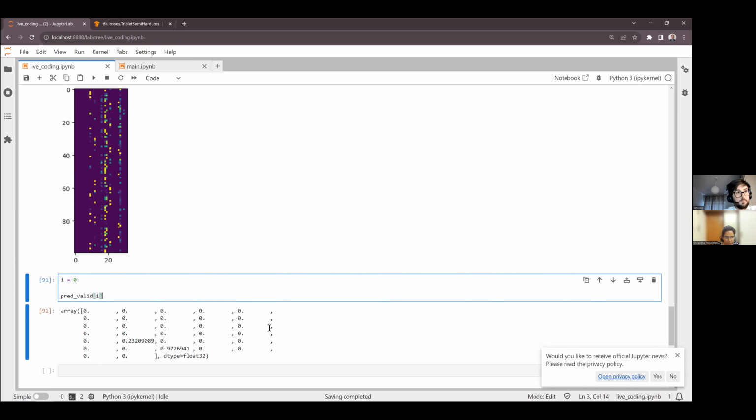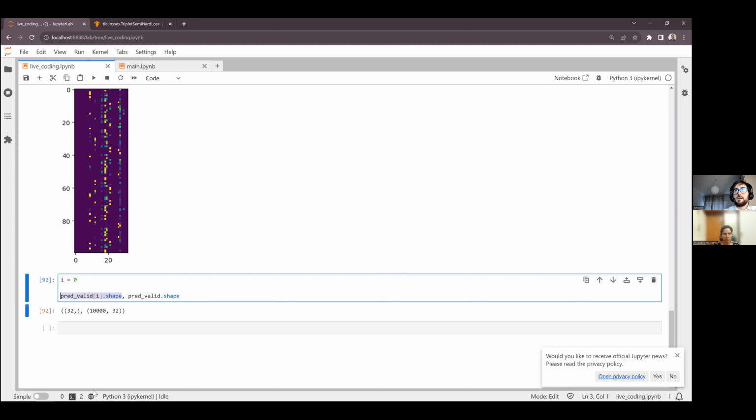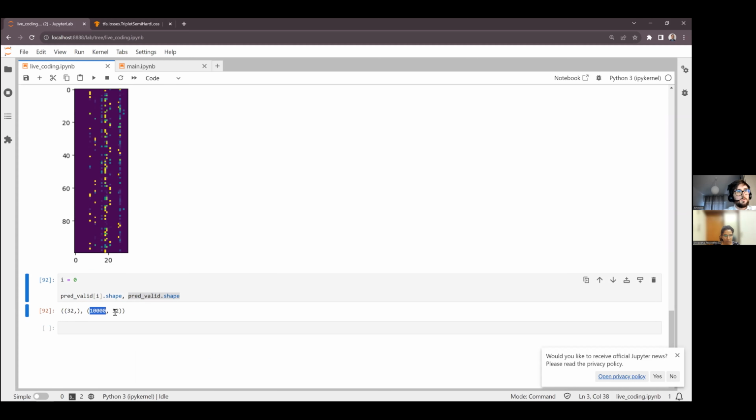How can we do that? Look at the red valid shape. We have a 32 vector and then a two-dimensional array, this 1000 by 32. This is not too complex.